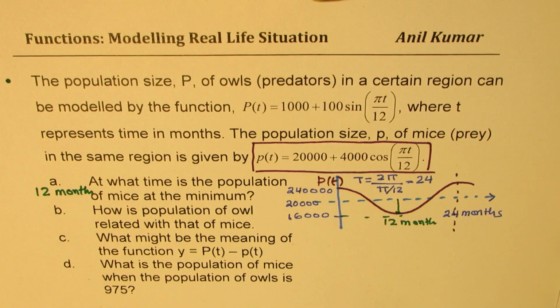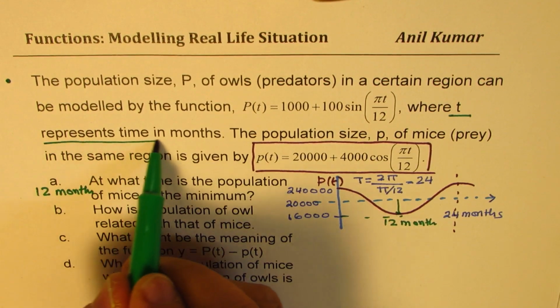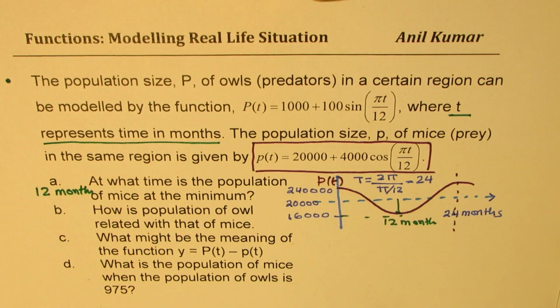T is time in months, right? So T represents time in months. So I hope that is absolutely clear, straightforward. So that's the huge advantage of modeling. Once you have an equation right in front of you, it's much simpler to answer the questions. Now let's look into the second equation, which is how is the population of owl related with that of